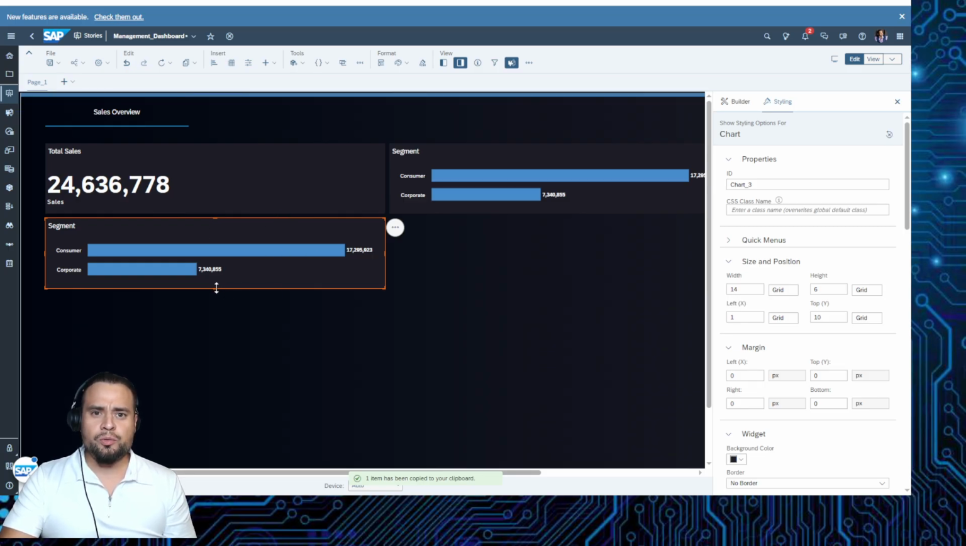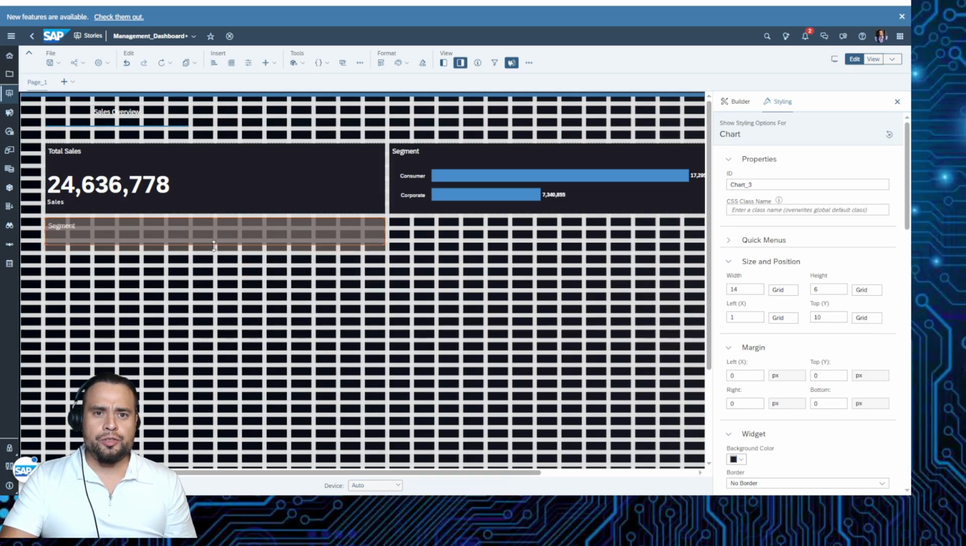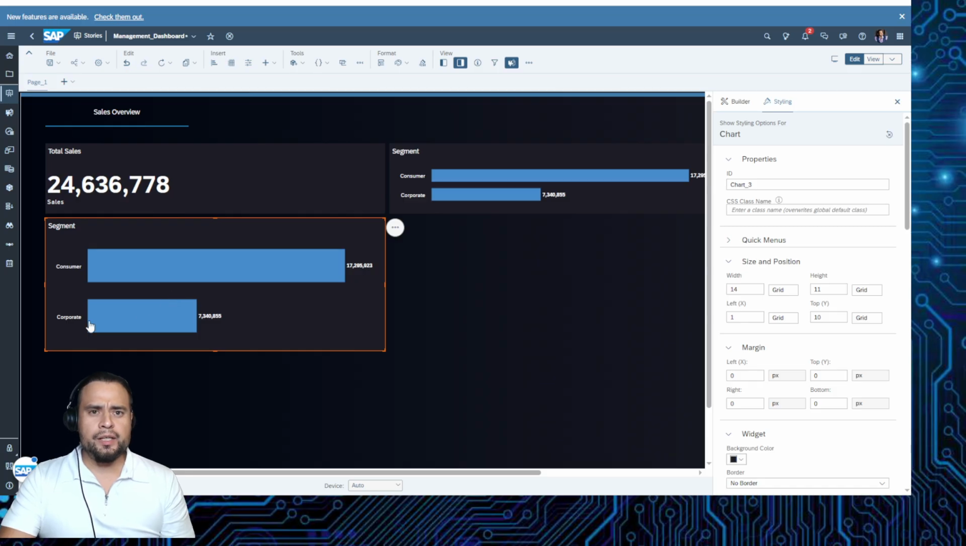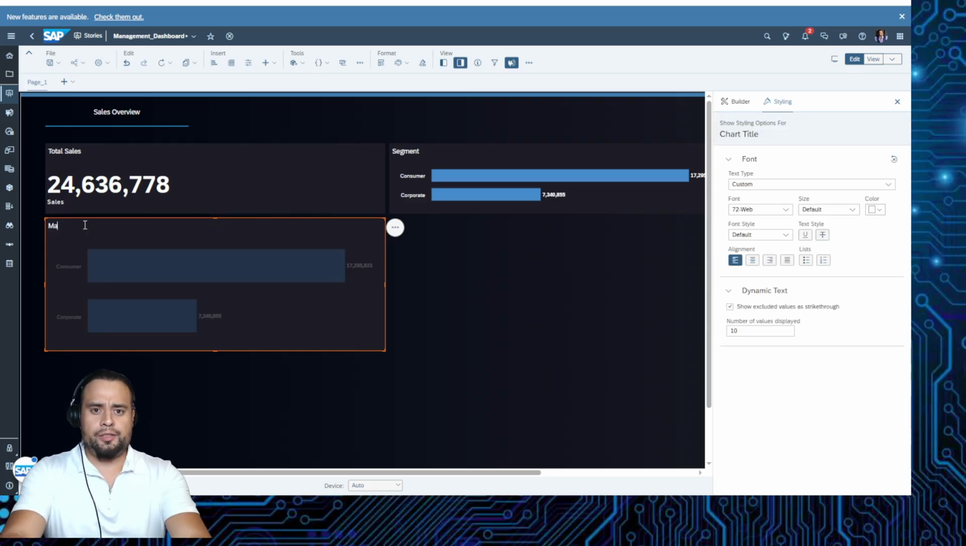And let's make this one 11 big. 1, 2, 3, 4, 5, 6, 7, 8, 9, 10, 11. There we go. Now, in this copy, we're going to remove this segment and we're going to rename this as market. So I'm going to name this market,